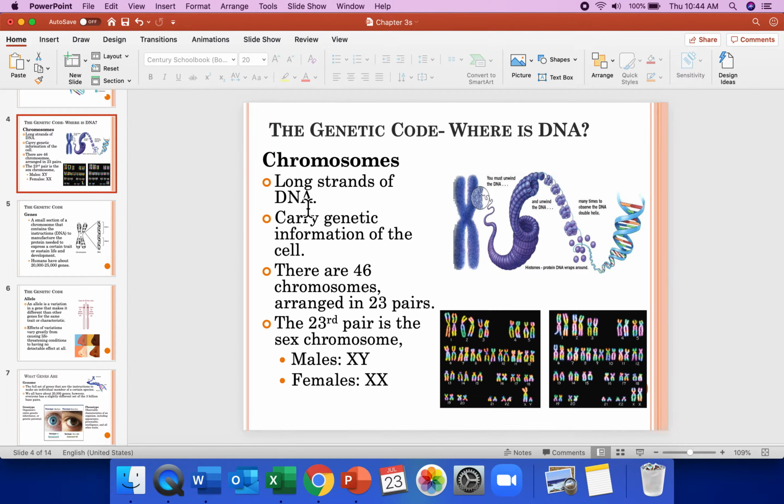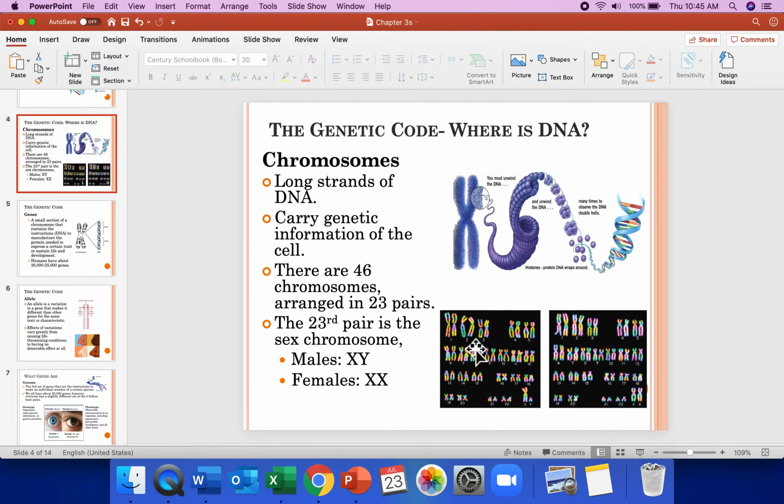All right, moving on to chromosomes, a little bit of details. It's a long strand of DNA. It carries the genetic information of the cell. And as we said, there are 23 pairs, which means there are 46 chromosomes. So this is a very important part that you need to remember. It's not only a test question, but it is something that will come up a lot as we progress into the semester. So 46 chromosomes arranged into 23 pairs that are very